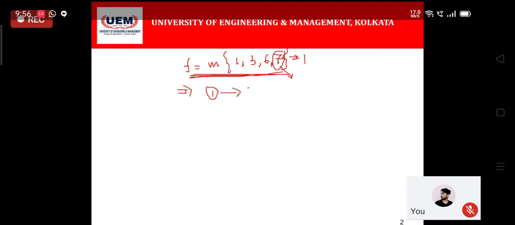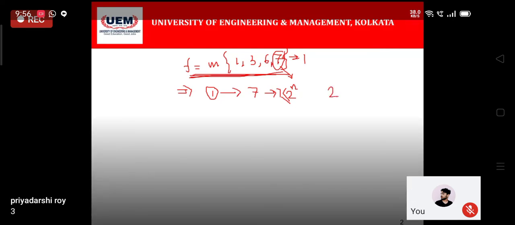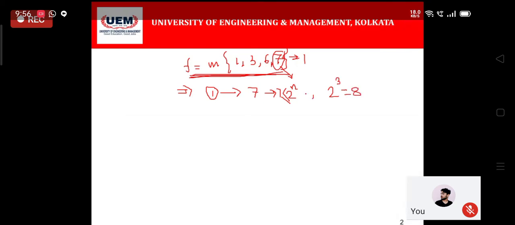Now, if we take 2 to the power n, which is greater than or equal to 7, what value do we get? If we take 2 to the power 3, it becomes 8. If we take 2 to the power 2, it becomes 4.